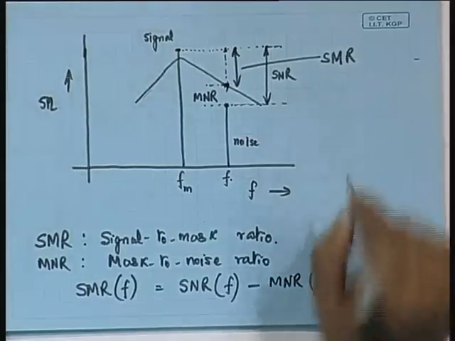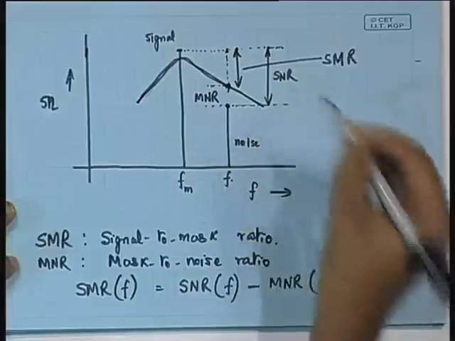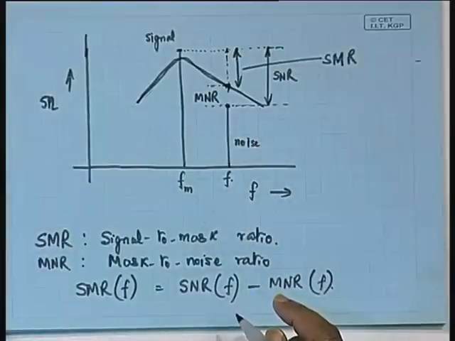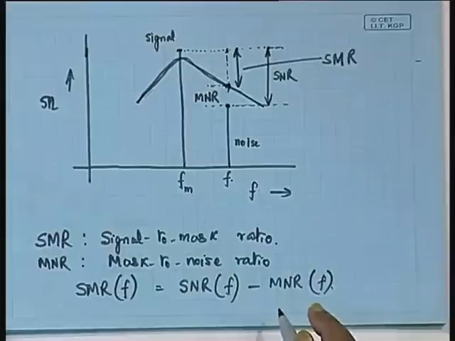The significance of the SMR is that whenever we are allocating bits to the audio samples, we must consider this SMR, because we must do the allocation in such a way that the SMR is maximized. That means we must keep the noise level below the masking threshold. This curve is the masking threshold. So, based on that, the audio codecs are designed.